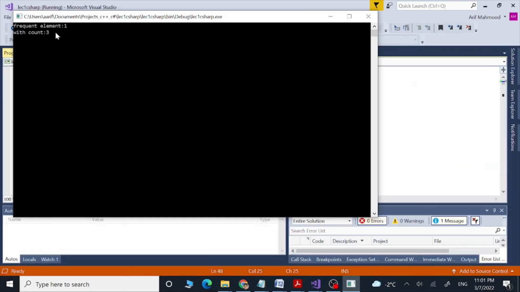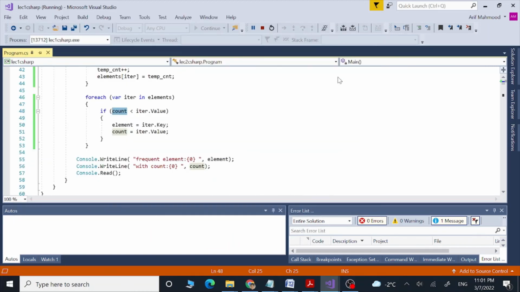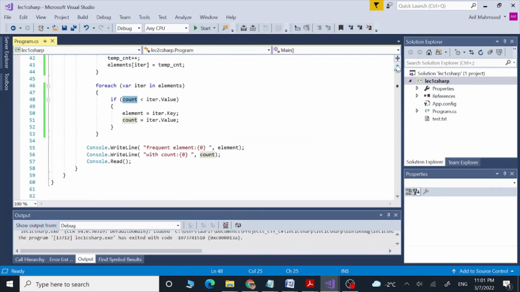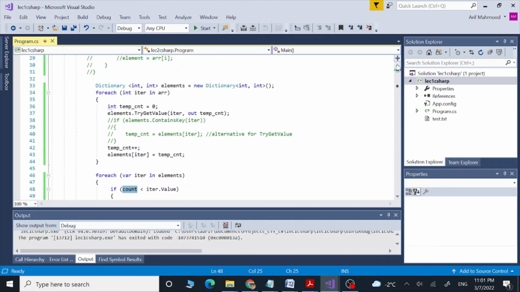So we are going to see the same output. So this is the way actually we can do the same stuff with and without unordered maps or dictionaries. Also, instead of this code line, I can skip this one. This code line is actually equivalent to this one. There are two ways actually.